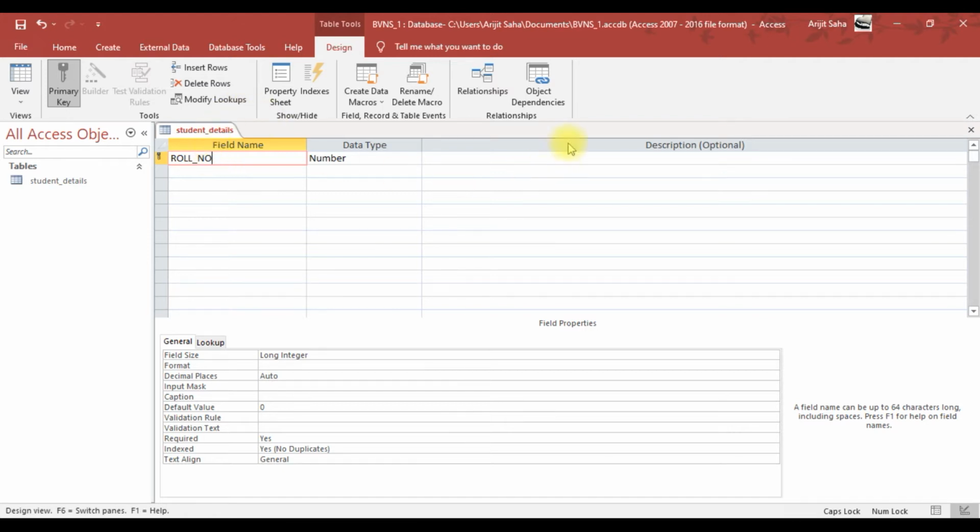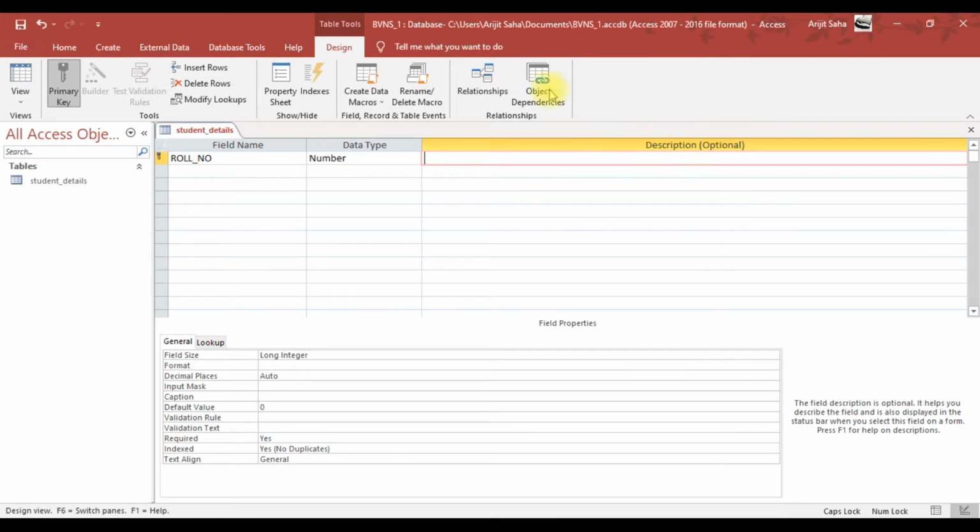Now, as you can see, this is the Description column. In the Description column, we can put a comment on why and for what purpose this field is being used. It is not necessary. As you can see beside the description, it is written optional. So it means we can write something in it, but we can also avoid writing it in case it is unnecessary. So this is something we can do.